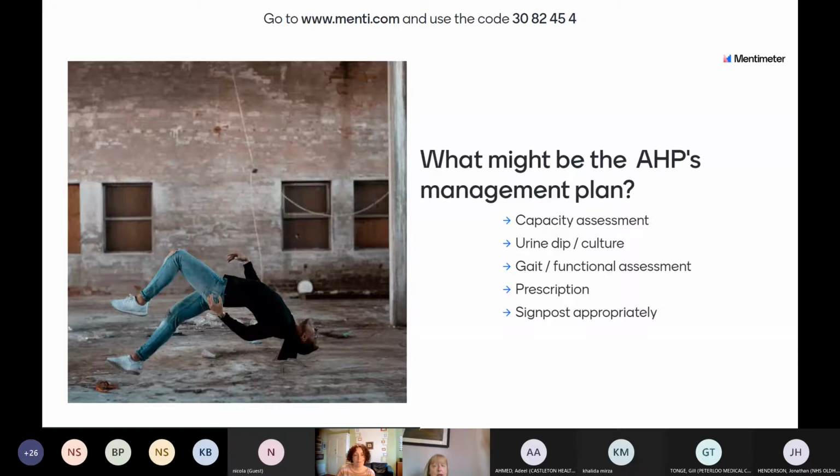assessment accordingly. Should this patient have had multiple UTIs, the advanced paramedic, as the first contact, can then refer on to secondary care as required, as can the OT, as can the physio. And the podiatrist. So this actually illustrates, sorry,